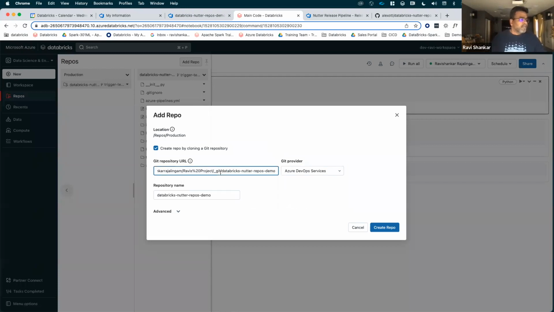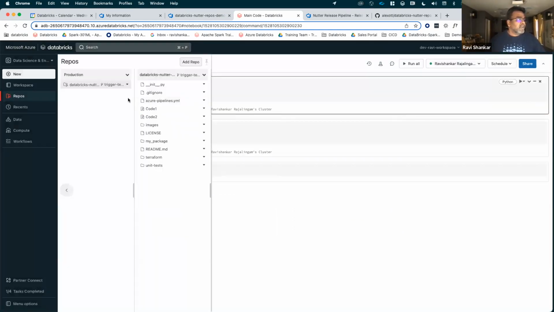As part of my notebook, it will automatically understand what's happening with this, and then I say create repo. What happens when I do that? It's going to take all the code that's part of that repo and add it here as part of my workspace. So once I have it,